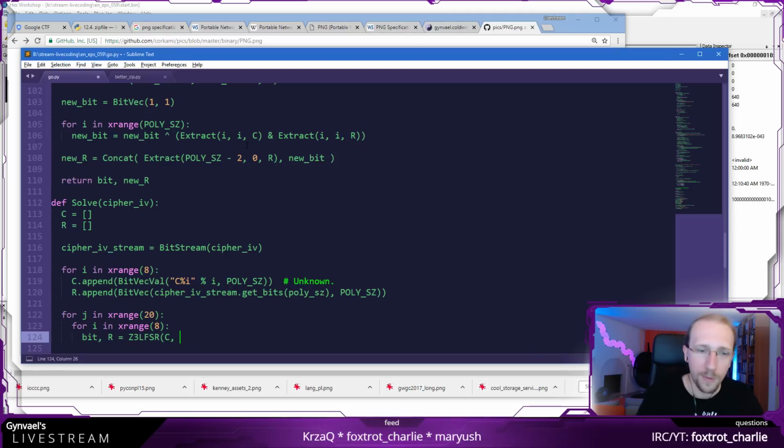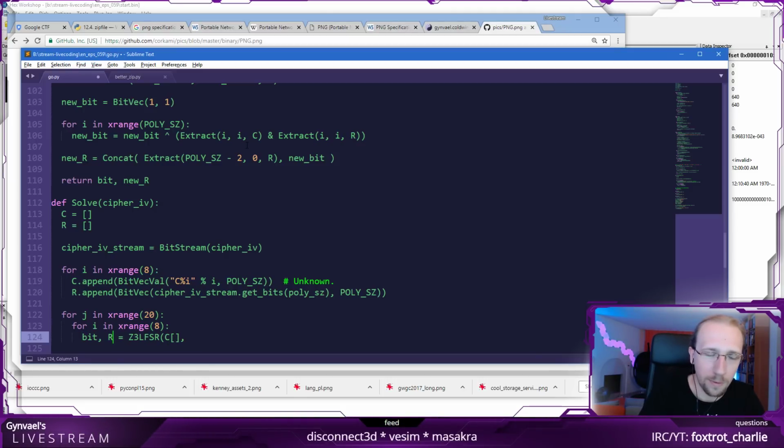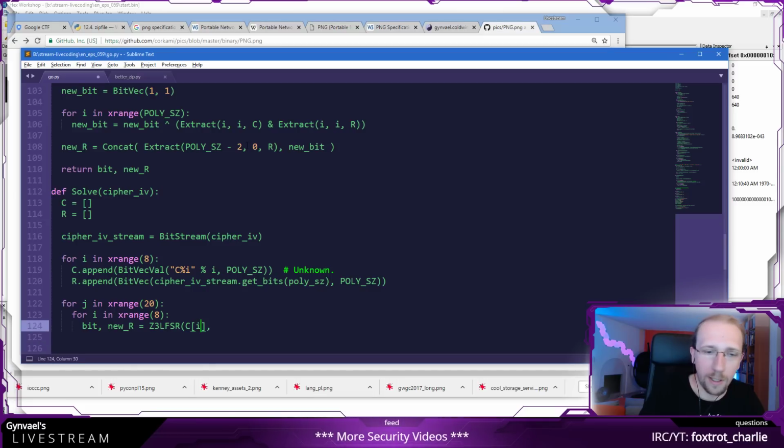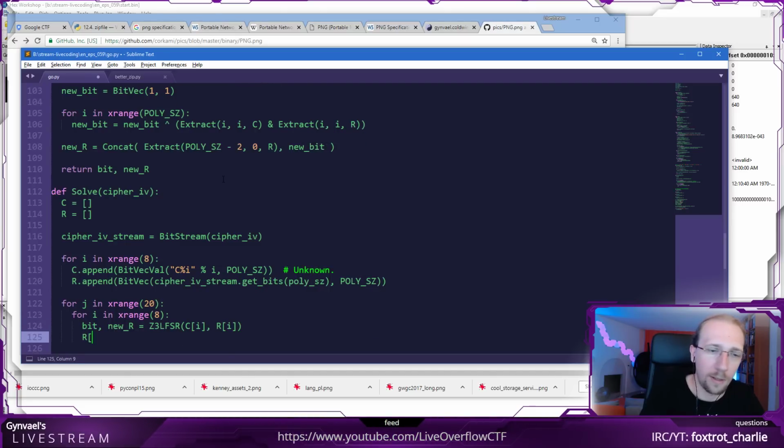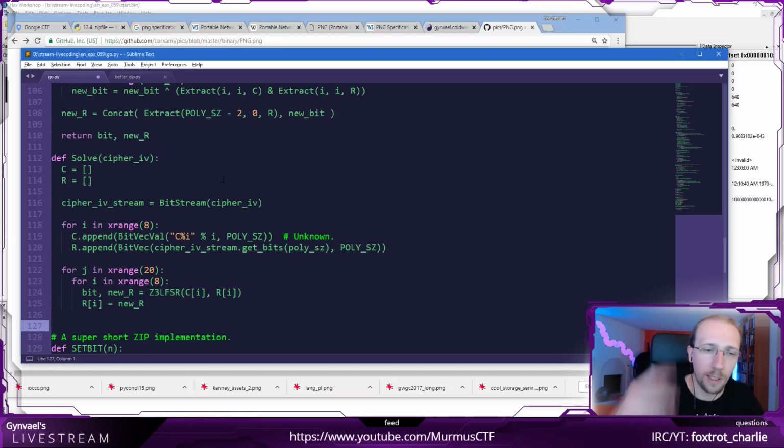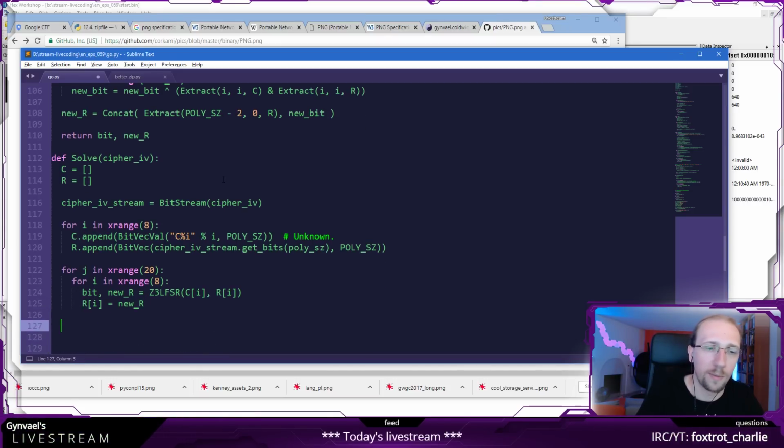And call it with C of i, and this is also of, just call it new R. Okay. C of i, this is my polynomial, and the registry state is R of i. And then the R of i is going to be equal to the new R of i, and I do it 20 times because I don't care. And this is the moment where I start caring about the result.